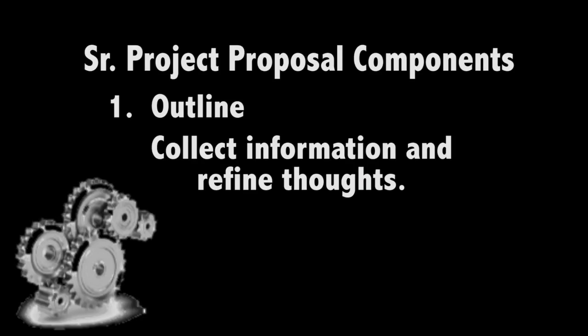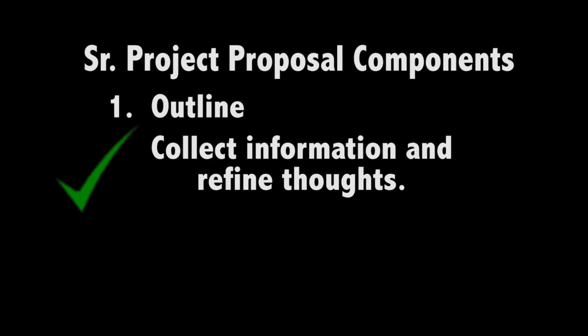Let's talk about the components of the senior project. You're going to have two written components. The first component is an outline. You're going to be working with your CTE teacher to complete your formal written outline. That's a proposal about what your senior project is going to be. And the CTE teacher must approve your senior project proposal. You'll be working with your CTE teacher and have time in your CTE classes in order to refine your project and think about what it is that you want to present to the world.